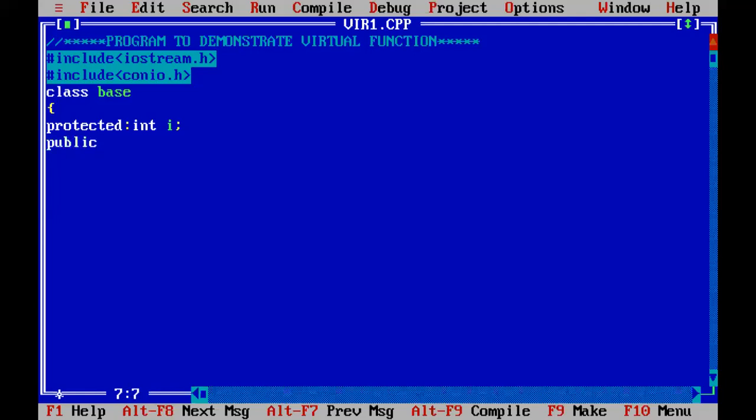Then in public we are going to use one function, and we'll declare this function with the help of virtual. I'm going to explain it later. Then again one more function.